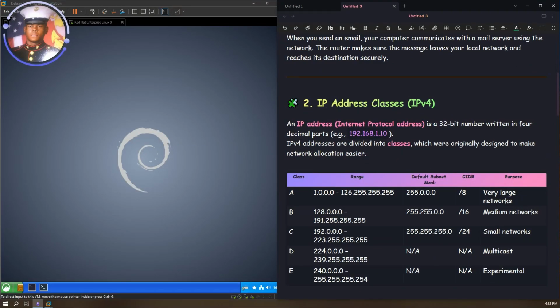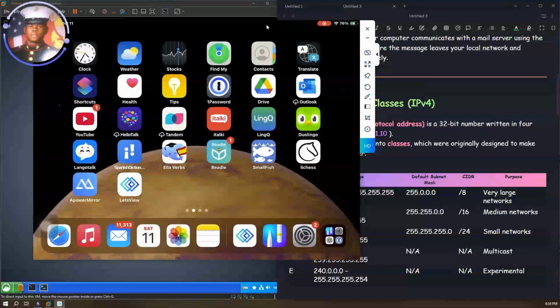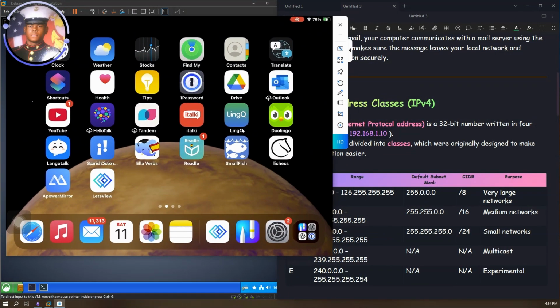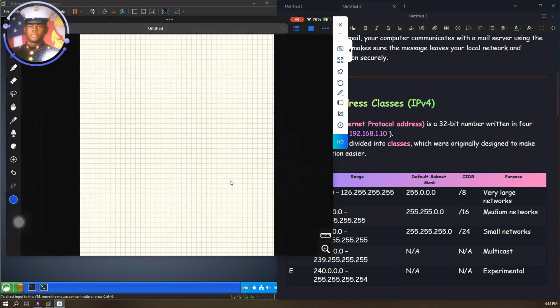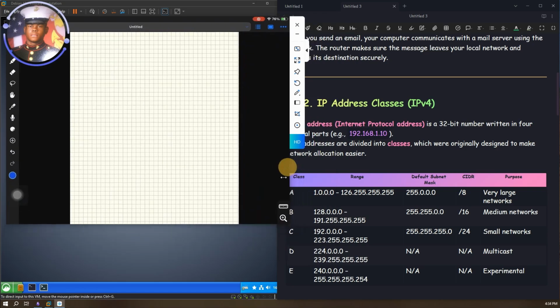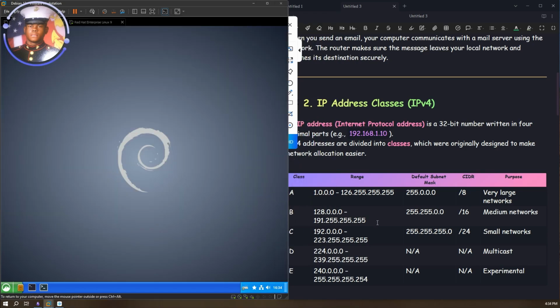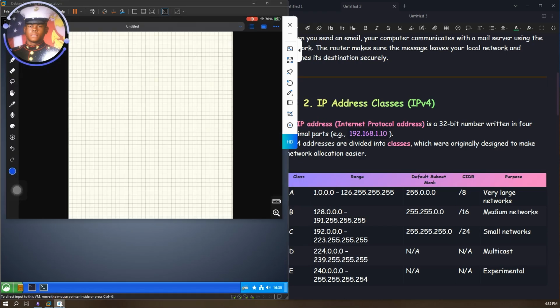Okay, for this one, let me share my screen. Okay, guys. So let's go over IP address classes. We will just focus on IP version 4. So this is my screen. Let me bring the notepad here so you guys can see what I'm about to do. Okay. So when it comes to IP addresses,